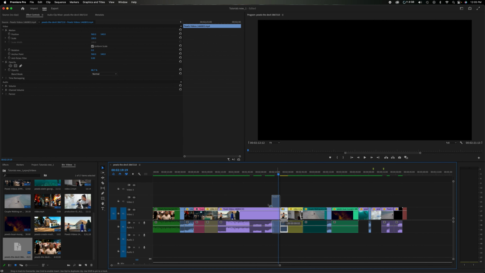Just be careful when you're doing this with clips with audio. Make sure that when you place it over, it doesn't override any audio. If you have to, separate the audio and put it on another track below. This will matter if you're in the middle of an edit and you already have an audio track down there, you have sound effects, you have something else down there on the second and third line of audio, that you don't